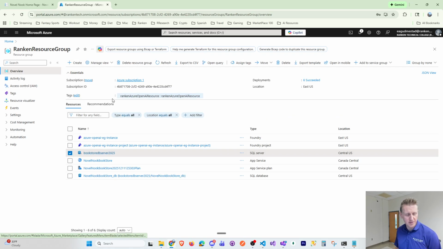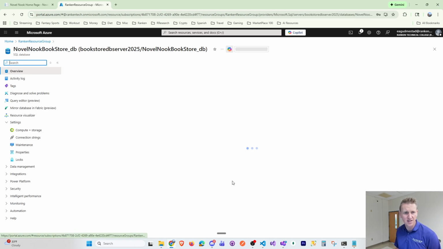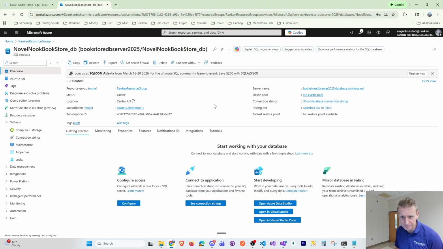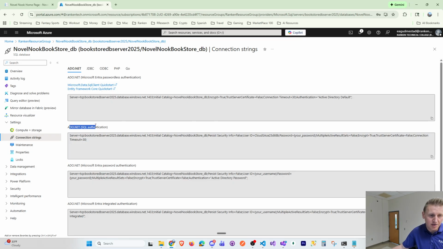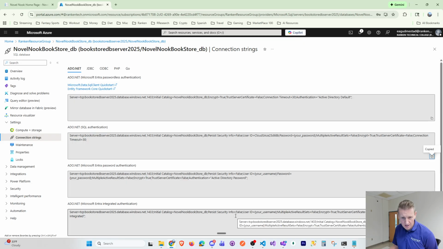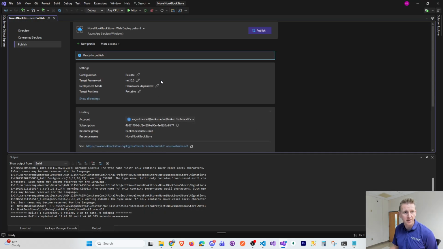Now we go back to the resource group and we go to our connection to our database. So we changed and we can show database connection strings. And here we're using ADO.NET SQL authentication. So let's copy that to the clipboard. Okay, so we copy that to the clipboard, and back in our thing here, we got to go to our publish settings. So we're going to go to more actions, click edit,